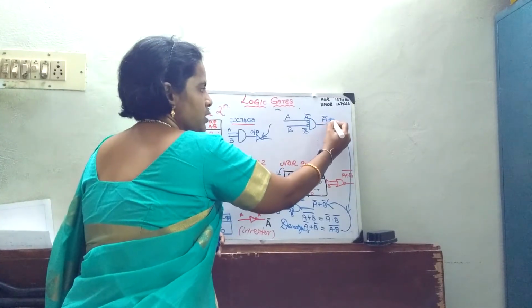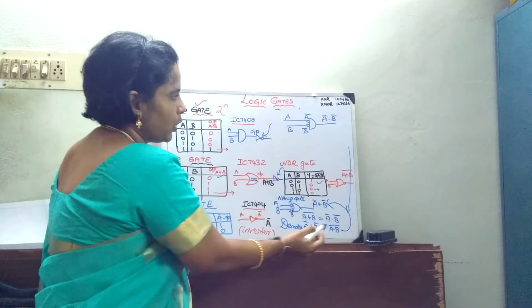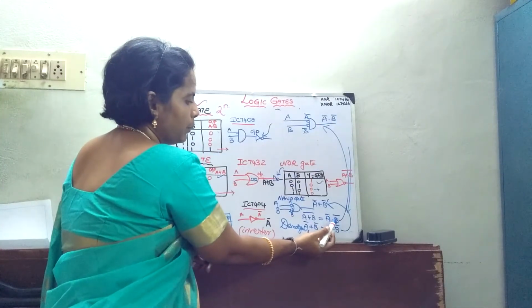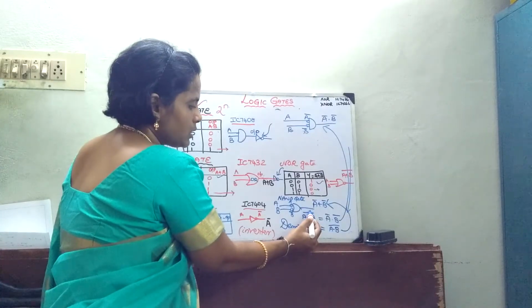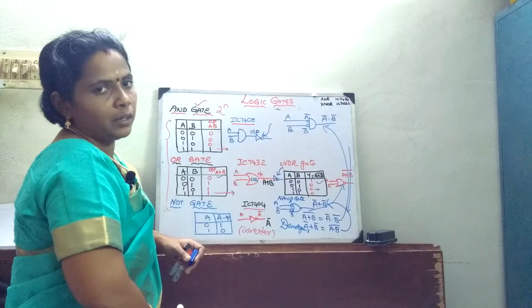Multiplication. So this is my first data multiplied with the second data. So now you see your De Morgan's law. A bar dot B bar is nothing but A plus B the whole bar. So this A plus B the whole bar is going to be the function of your NOR gate.